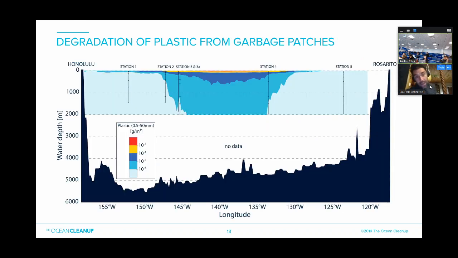And as a result, we're still analyzing those results at the moment, so it's not published. We show a degradation, concentration, and traces of small microplastics all the way down to 2,000 meters. So that is a confirmation of the smog. Now, if you look at the values, the orders of magnitude, we're talking 3 to 4 orders of magnitude less at the bottom. So our understanding is that the smog and the degradation of smaller microplastics, and then the distribution